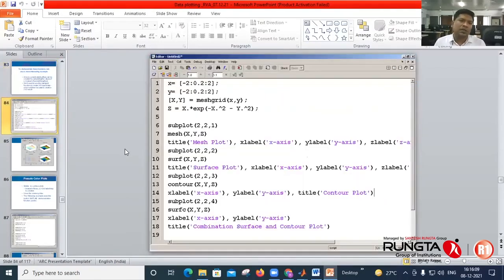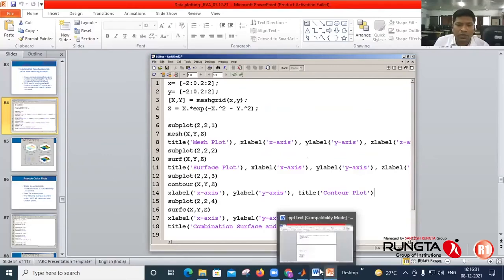Okay, like this. X is defined, Y is defined, and Z is a function of X and Y as shown in the figure. Then we can use mesh, surface, contour, and surfc, the surface contour option. So I have the code for that, so I will use it directly.